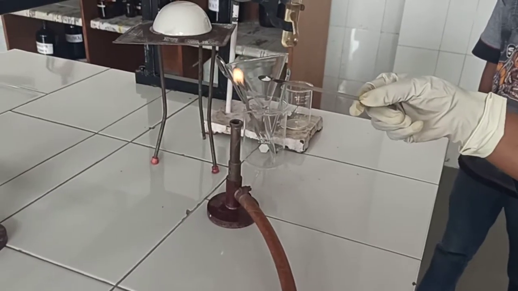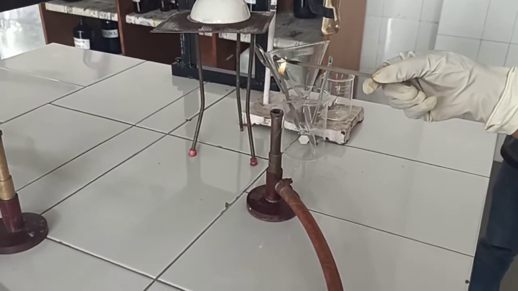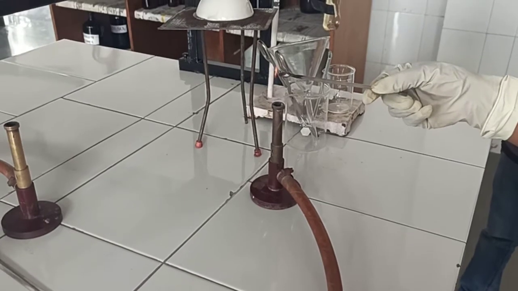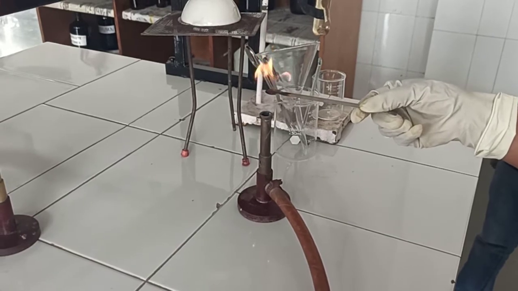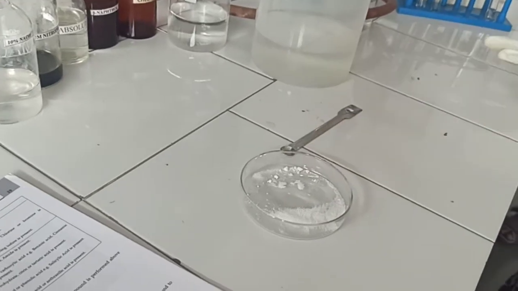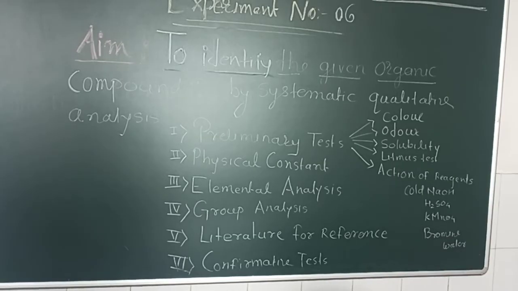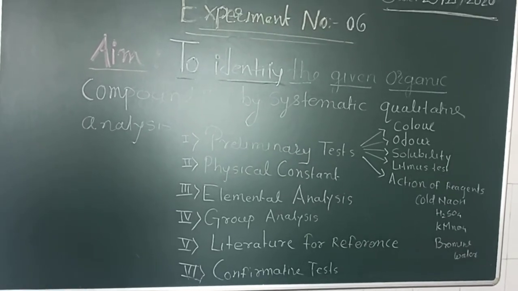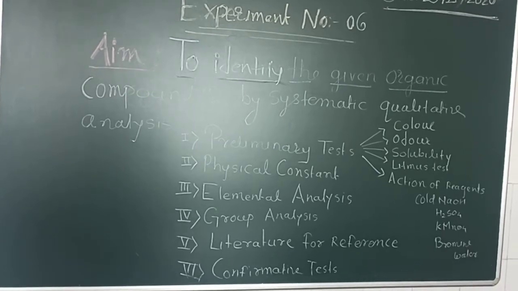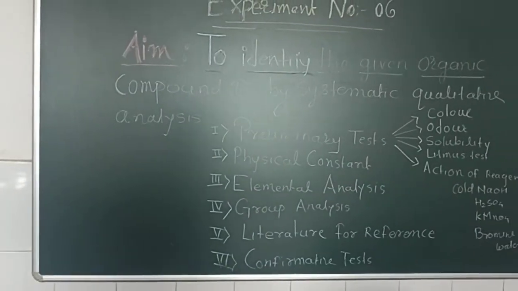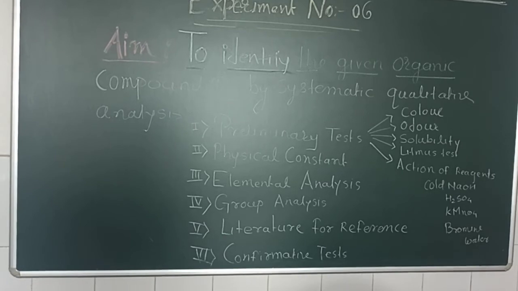See the next step, that is heating on the spatula. There is no sooty flame, which means it is an aliphatic compound. The compound burns, and after burning it gives the smell of burnt sugar. That means carbohydrate may be present. On the basis of the preliminary tests, with reference to the handbook, the given compound may be aliphatic in nature, and saturated.